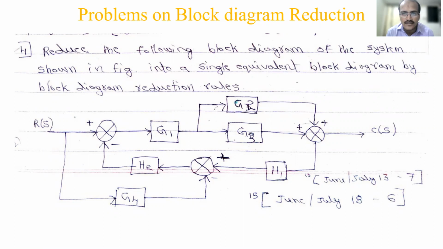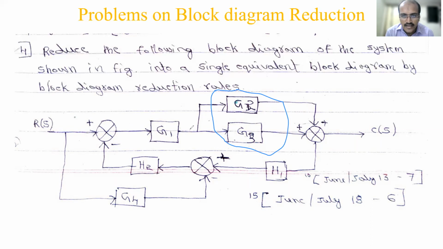You have to eliminate this parallel block into a single block. How do you do that? Just add those, according to their signs. If this is a plus, it is G2, and if this is a plus here, plus G3. So G2 plus G3 you can write and put it over here as a single block. And the next step, this G2 plus G3 block is in series with G1. That is the next thing we will do.